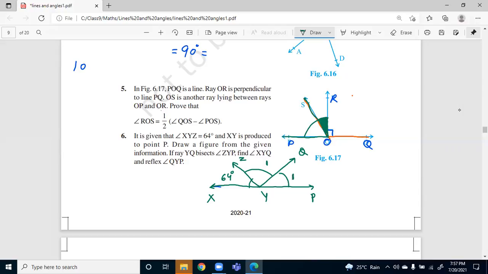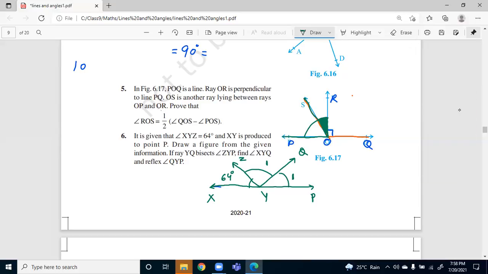So I am numbering these two both as 1 and 1 because it is given in the question that YQ bisects ZYP. You have to find the value of XYQ. XYQ, firstly we will be doing this. So first, why I have taken this angle 1 and angle 1? Because it is given that ray